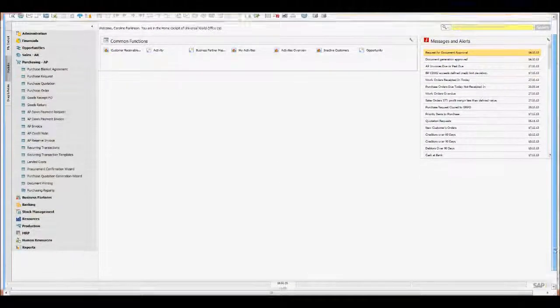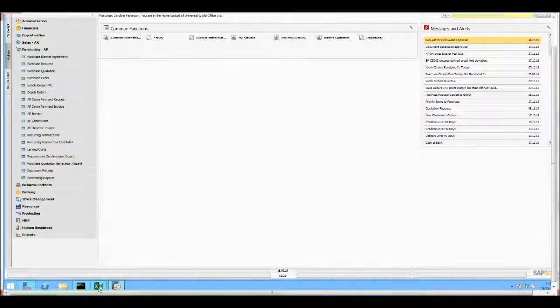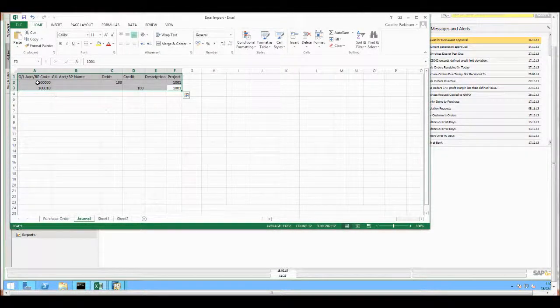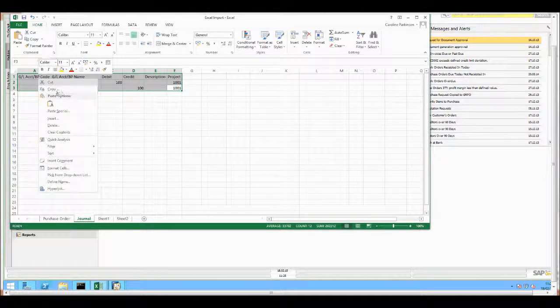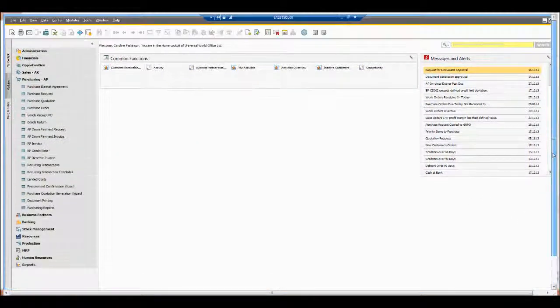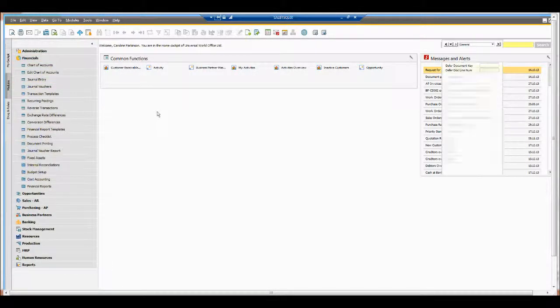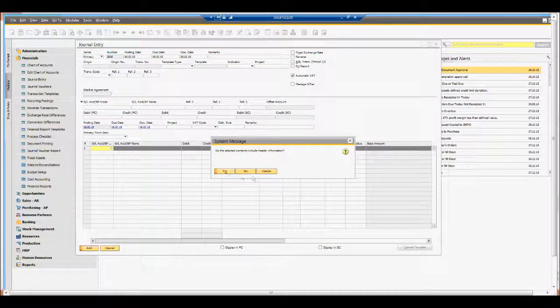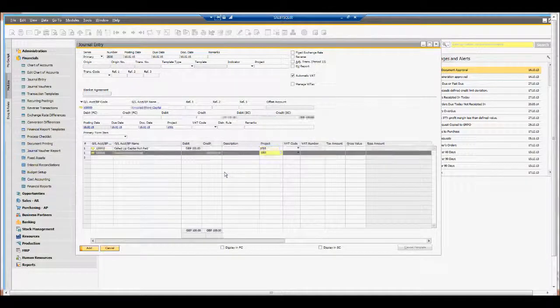So if I just come back into Excel and come back into this tab here, which is some information I've created for a journal. Again, I'm going to highlight, right click and copy, and I'm just going to come into SAP Business One, journal entry, and I'm just going to right click on the lines area, and I'm going to just select paste, and I'm just going to say yes, that's fine, and we can now see that information's come in nice, quickly and